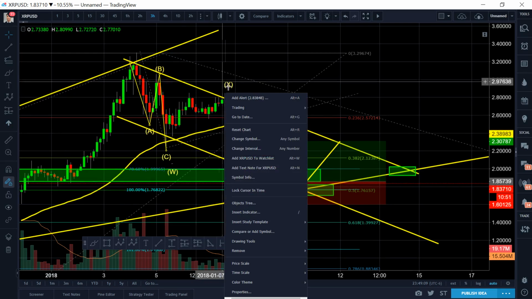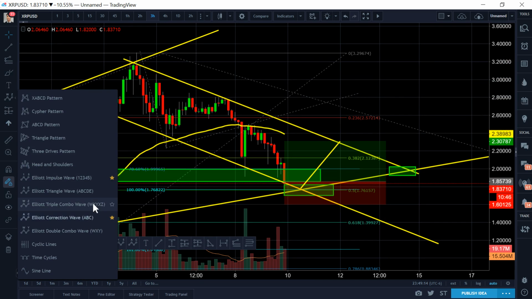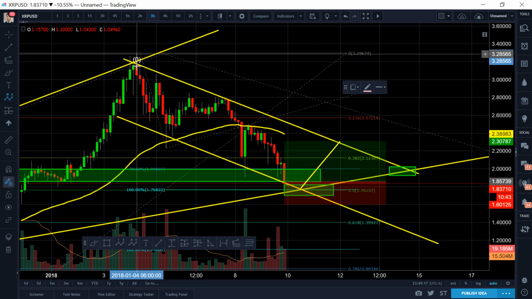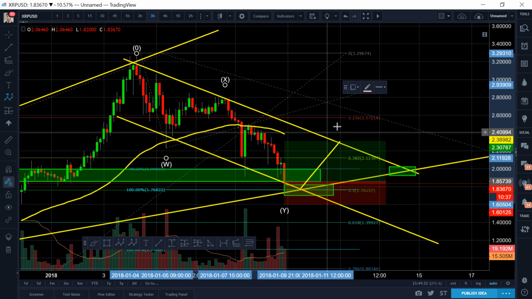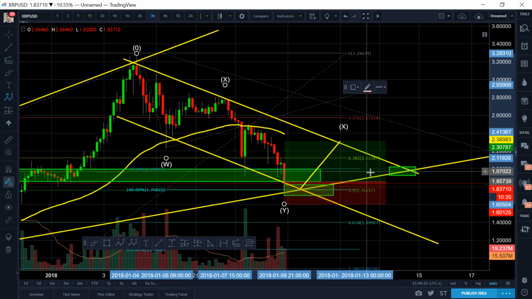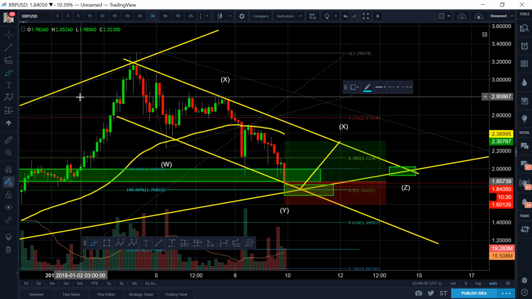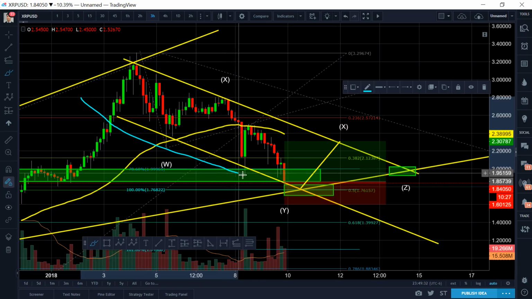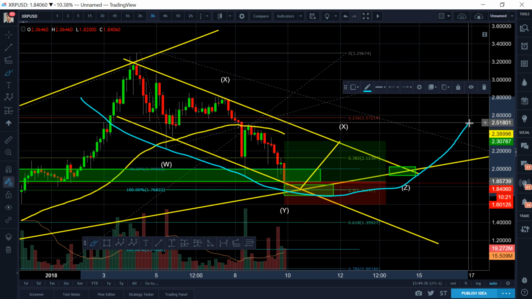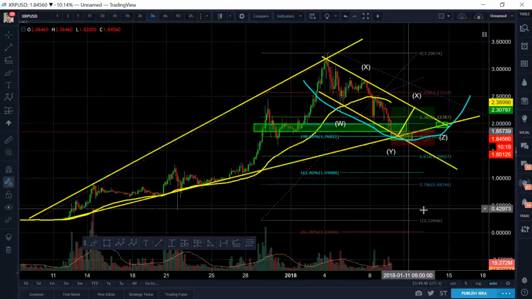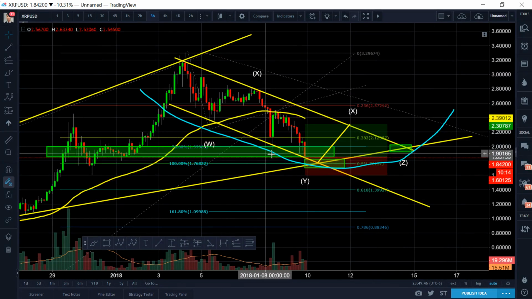It could be a double Elliott wave combo, which is also known as a triple Elliott wave combo. This could be W, that could be X, this could be Y, and then we get another X point, which is what I'm predicting, and then we get a Z, which rounds off. And if you look at all of this, it kind of wants to form this shape, just based on all the supports and resistances that we have right now, and then go upwards. That's how it looks to me right now, where it wants to create this plateau,